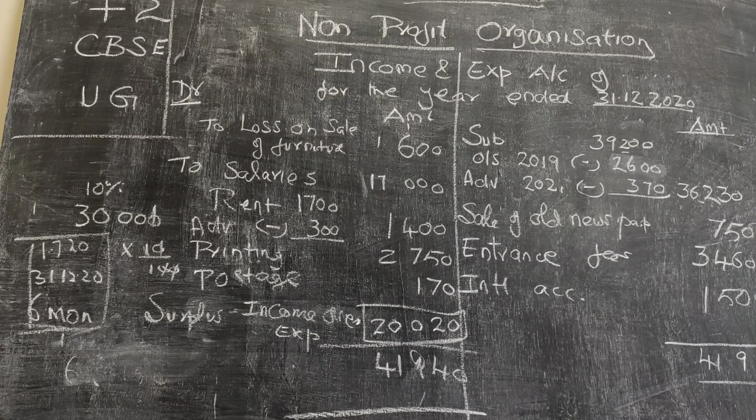It is very much similar to profit and loss account. You have to take into account all adjustments. If it is said very clearly, that has to be taken. Otherwise, if it is hidden, as it is here, 10% investment, if they have given the date, then you have to calculate the interest accrued for that period from the date of investment to the date of the income and expense. That is the balance sheet date. So that completes the first problem.